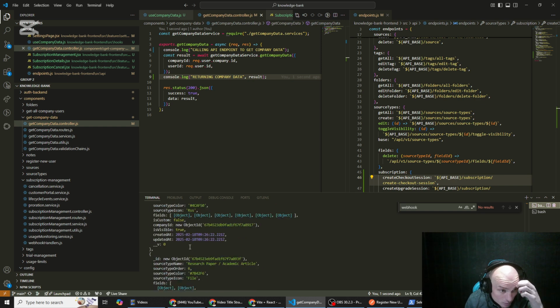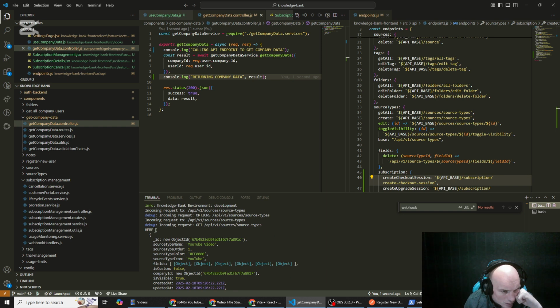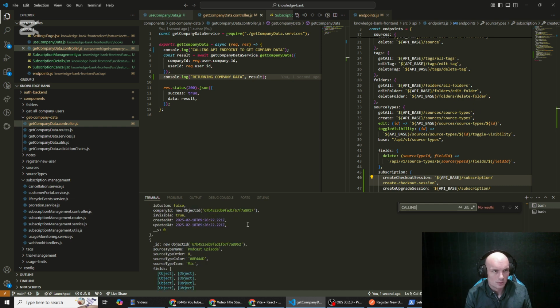Let's populate a huge amount of data. Where are we? No, that's something different. So okay, so it's not calling the endpoint. Alright, so